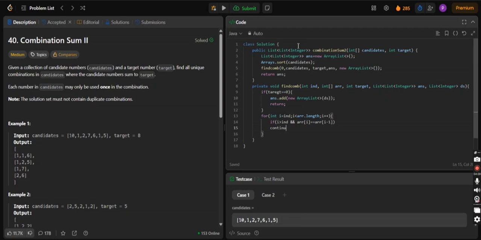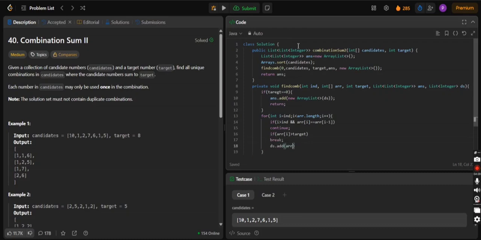If this condition is true, we continue to the next index i, and we go to the next if condition, which checks if arr[i] is greater than target. If yes, then we break out of that loop.